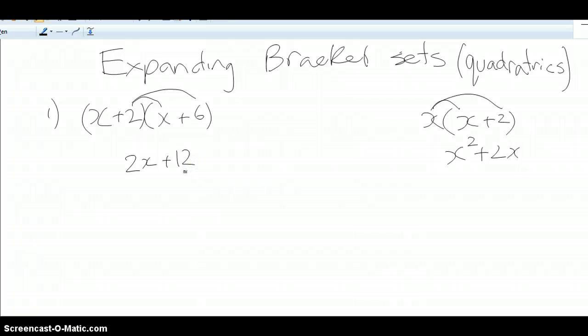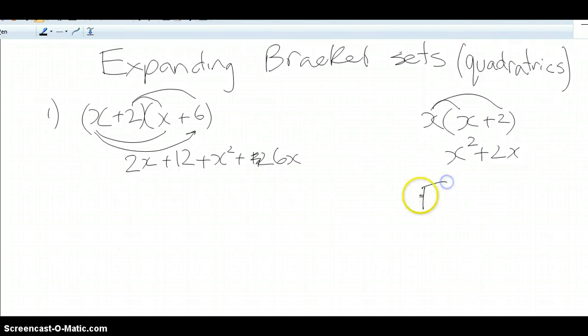But on top of that, you also need to do the x times the x and the x times the 6. Becomes plus x squared plus 6x. Okay? So either you remember that as a pattern, or another way, or an acronym that you can remember is